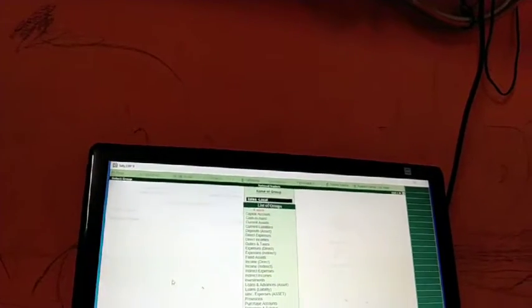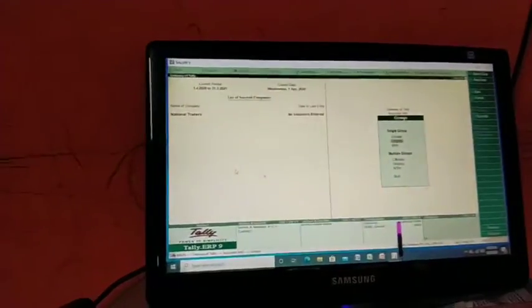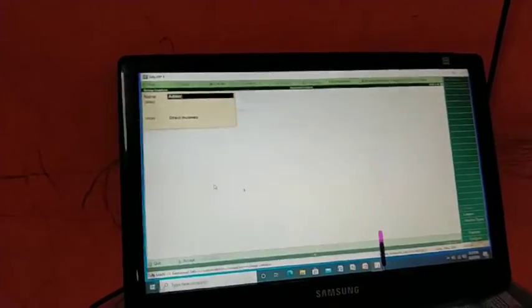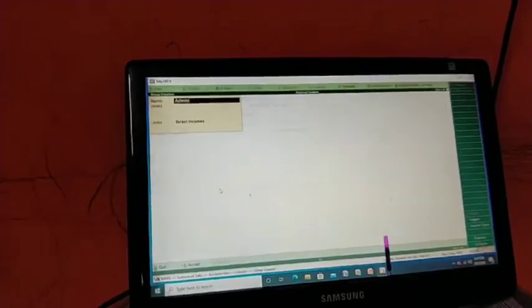I'll give you another example. For example, if you have to create another group of administrative expenses under the group of indirect expenses. Go to create, administrative expenses.